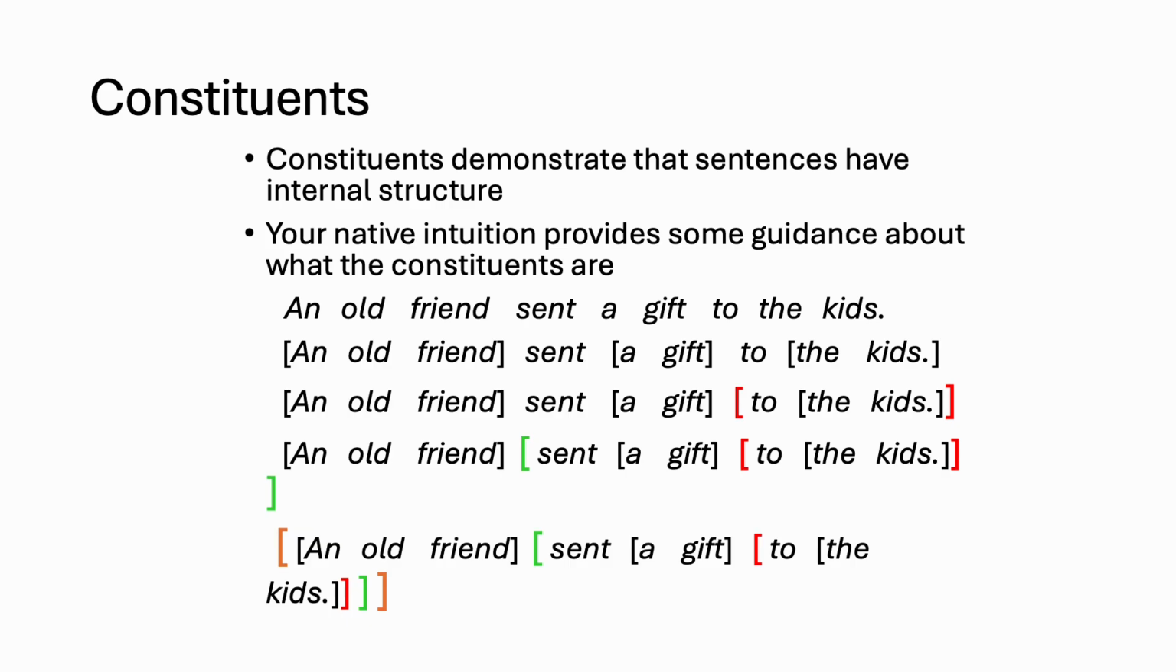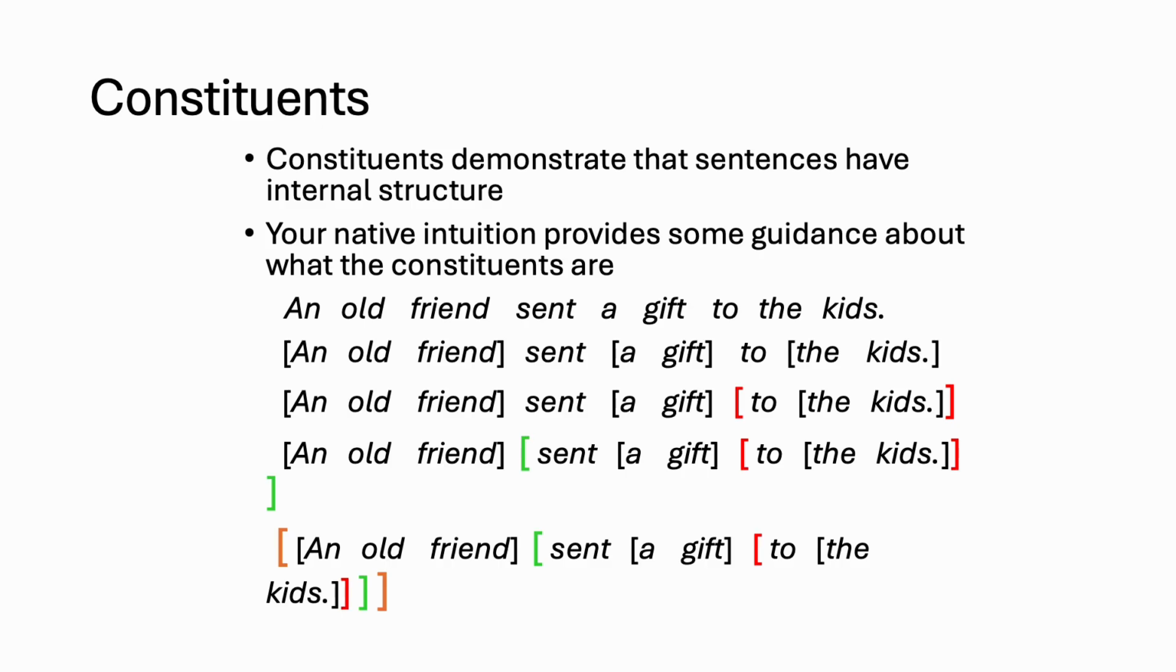You have an old friend, a gift, the kids. Inside the black brackets, you have each of the noun phrases. Okay? We've got the red bracket here, okay, gives us to the kids. Then we've got the green bracket, gives us the verb phrase, sent a gift to the kids. And then we have the final red bracket gives us the entire sentence. Okay, so we usually don't worry about the whole sentence brackets. Usually when we're drawing these things, we are concerned more about the internal structure, and that's how the bracketing works